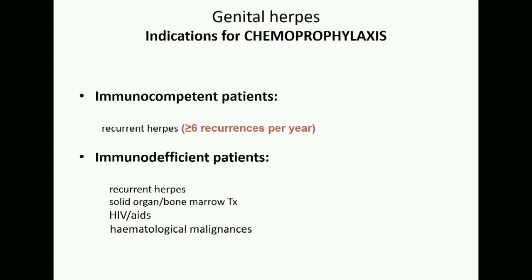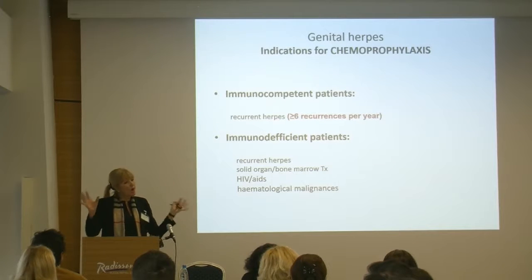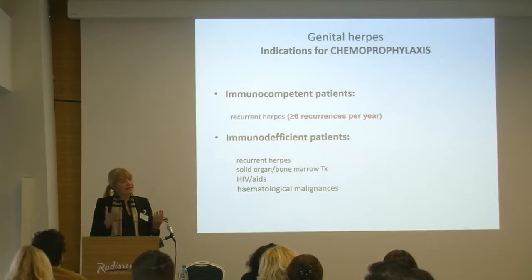However, don't forget that in herpes simplex virus infection, it's not only the treatment of the disease, but also chemoprophylaxis that can use these antivirals. Genital herpes is a very well-known indication for acyclovir, valacyclovir, or famciclovir. If we have an immunocompetent person with genital herpes and 6 or more outbreaks per year, this is an artificially set limit, however it's a cutoff, and it bothers the patient, then you can give chemoprophylaxis,